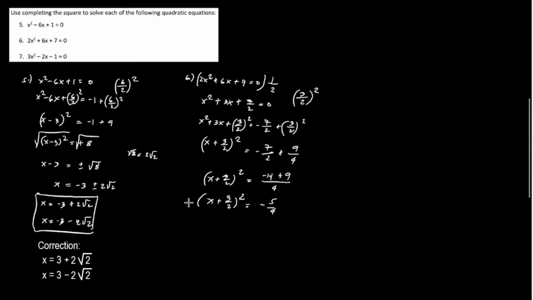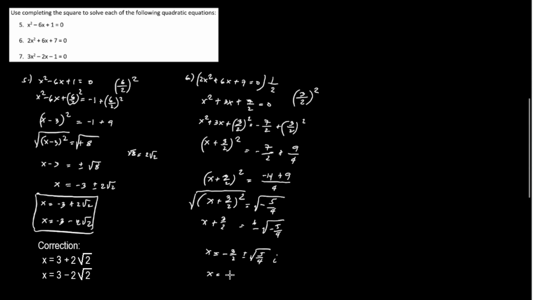And take the square root of both sides. And this is x plus 3 over 2 is equal to plus or minus the square root of negative 5 over 4. And transpose positive 3 over 2 to the right side. X is equal to negative 3 over 2 plus or minus the square root of negative, which is equivalent to i, the imaginary number, and this is 5 over 4, and you put i outside the square root,